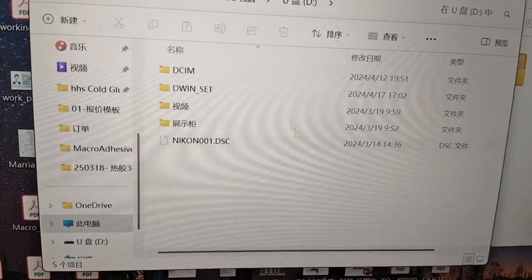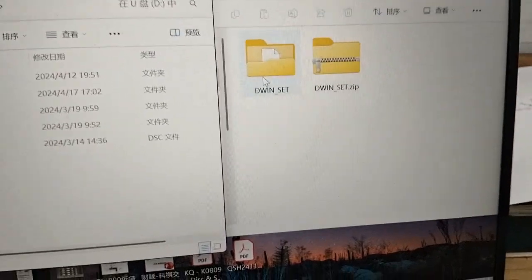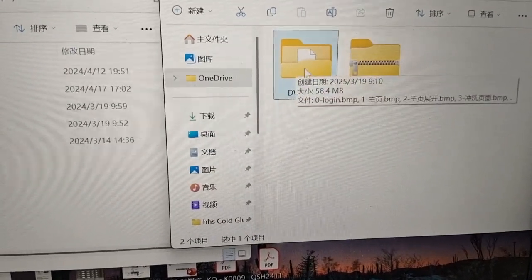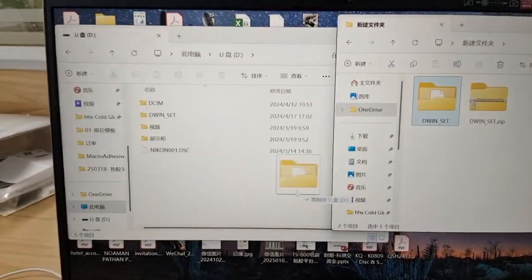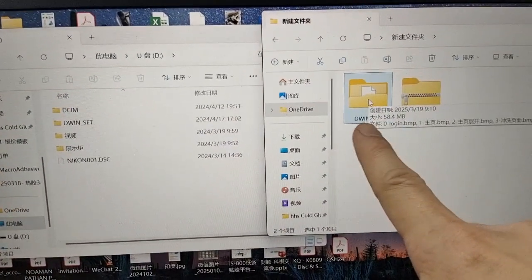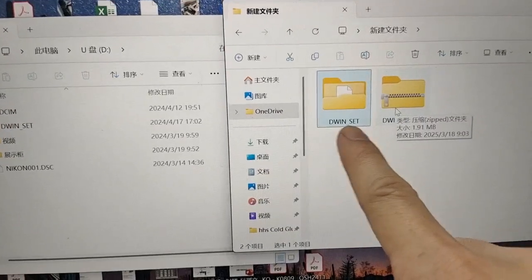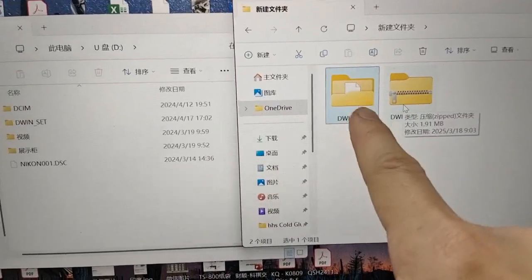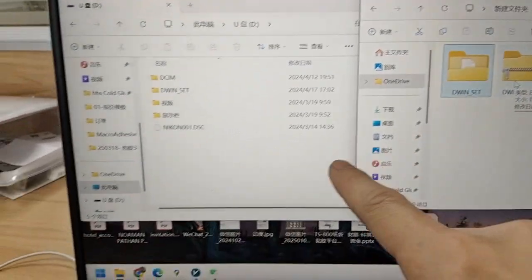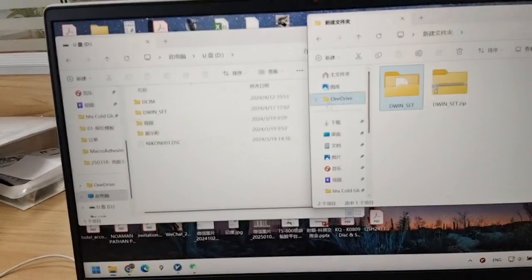Okay, so this is your SD card and this is the file that you need. Copy this inside your card reader. Make sure you do not change the file, the folder name. The folder name needs to be exactly the same as the one you extract. Do not change the name, and then copy this inside your SD card. After the copy is done,